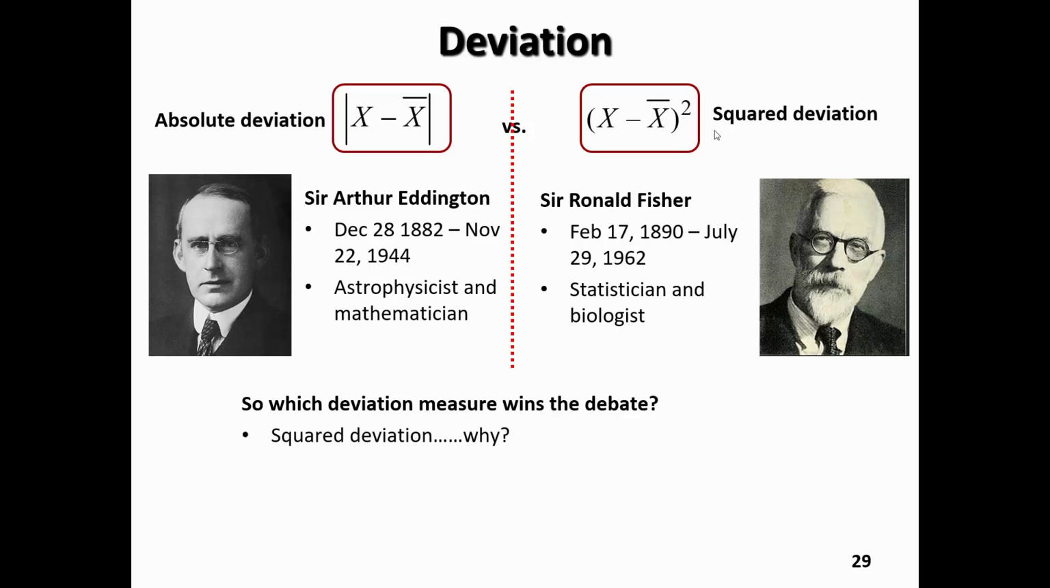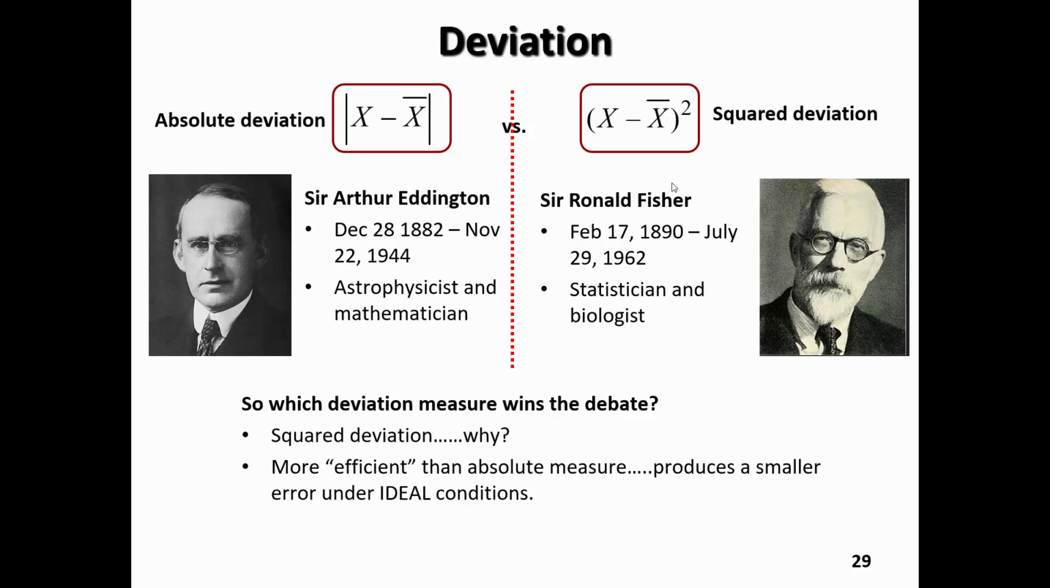Now, the squared deviation is the method that was retained and moved forward in subsequent developments in the field of statistics. And it was determined that in terms of calculations, the squared deviation proved to be a more efficient way of dealing with how to calculate variability than the absolute deviation, and that it produced a smaller error under ideal conditions. The squared deviation is easier to manipulate algebraically,